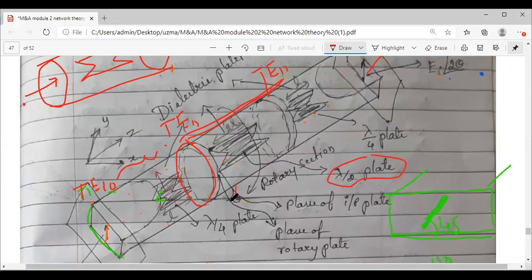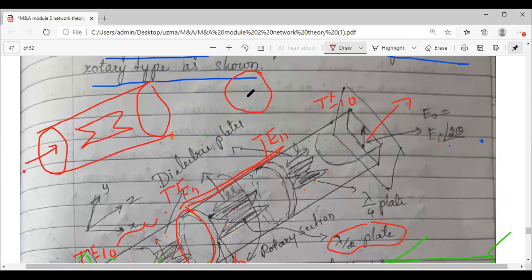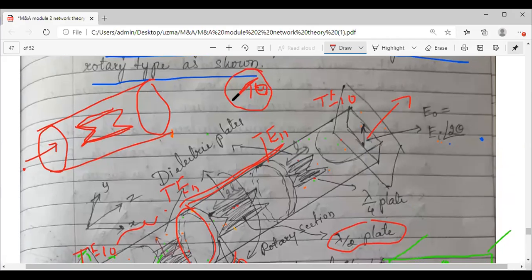As I have told you here, theta is the angle between the plane of this plate and the plane of this plate. So if I observe from the front, what will be the tilt of this plate? I don't know what that tilt is, but somewhere I will just keep it something like this. This single line indicates this complete plate is tilted. Okay, so with respect to this plane, with respect to that plane, the angle is theta. Try to imagine.